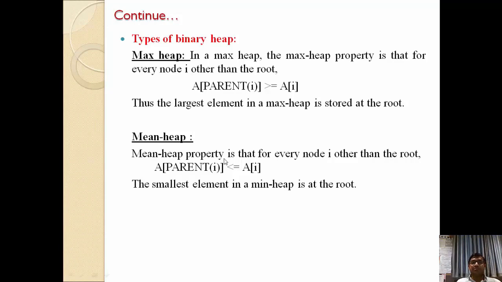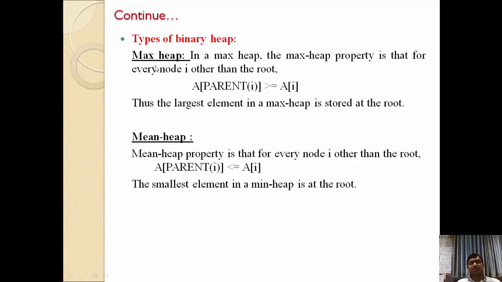Now the next one is min heap. Min heap is the reverse of the max heap. In our min heap, every parent node must have a smaller value than the left as well as right child, right? In this case every internal node, or you can say the parent node, must have a smaller value than the left child as well as right child, so that in a min heap tree the root node has the minimum value among all the nodes of the tree, right? We can use both concepts to convert a list of numbers into ascending order.